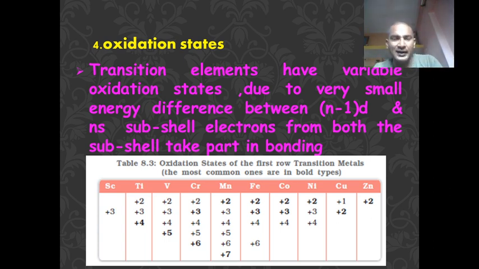Oxidation state can be defined as the charge present on an atom when other atoms are removed as ions. Transition metals show different oxidation states. The common oxidation state of these elements is +2. In the case of 3d series elements, manganese shows the +7 oxidation state, which is the maximum oxidation state shown by these elements. During oxidation, electrons can be removed from the s atomic orbital and consequently from the d atomic orbitals as well.